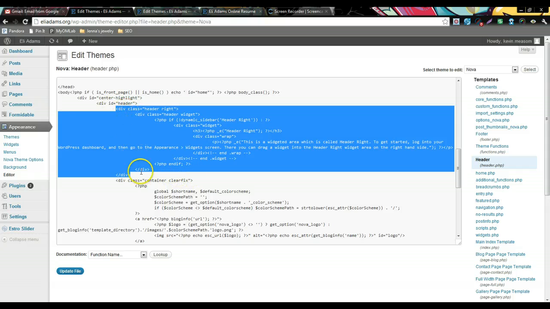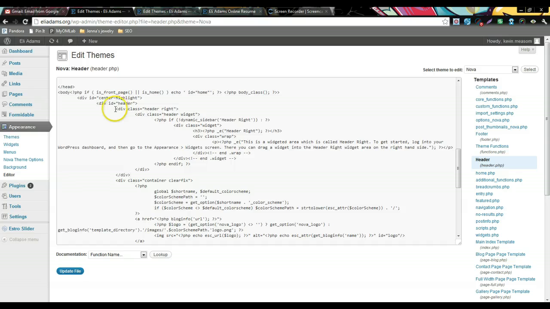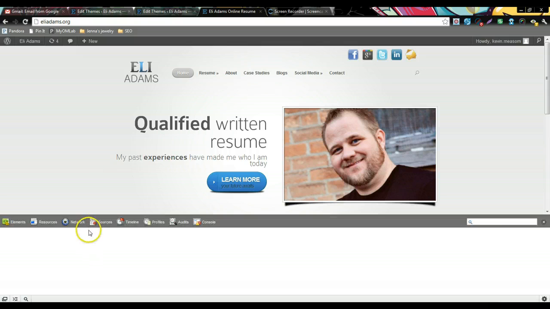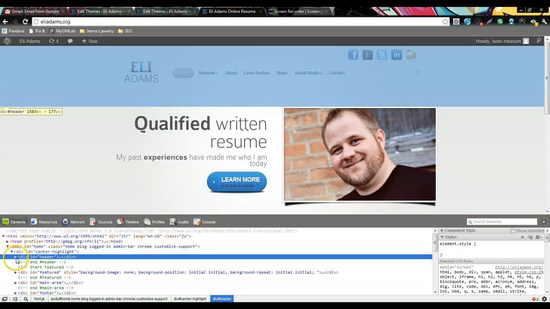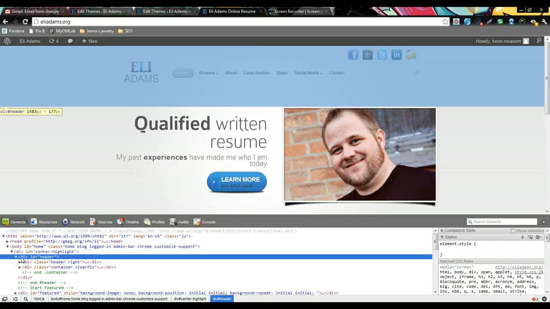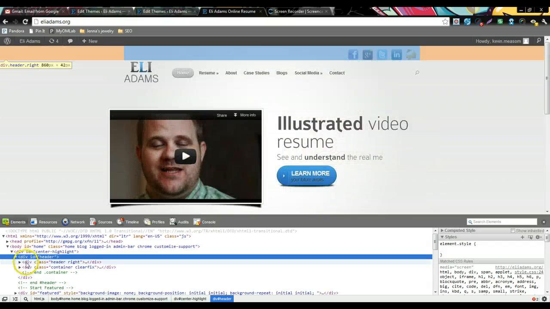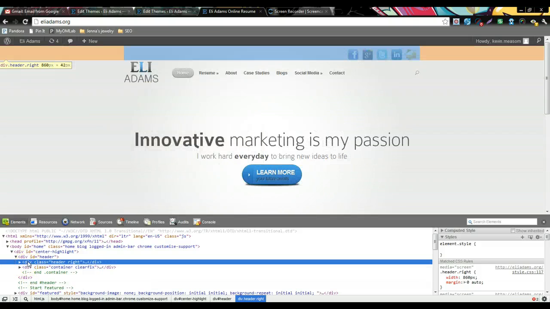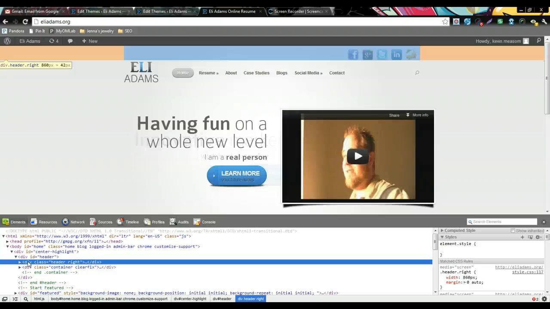Okay, so there's basically 4 different divs inside this header widget area. The first is the div that kind of calls the whole area, and I'm going to use inspect element so you can see the different divs. So first of all, you have your header, right? That's the whole thing. If we open up the header, then you have what I've labeled header right and the container, right? I probably could have named that header top, but either way it's fine. So you can see that the whole header right is that pinkish area